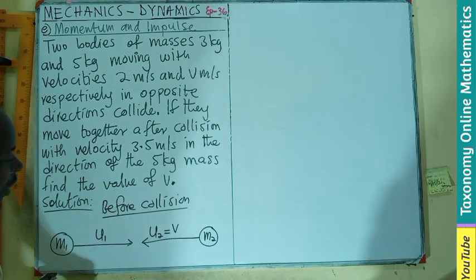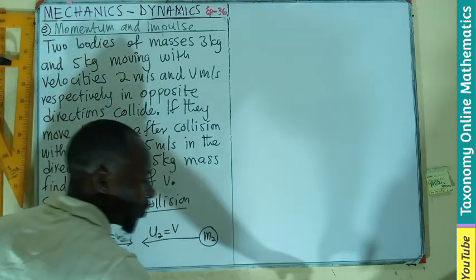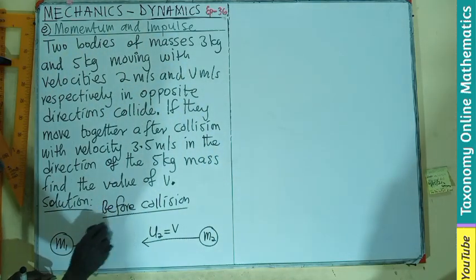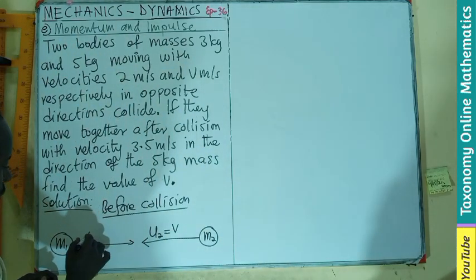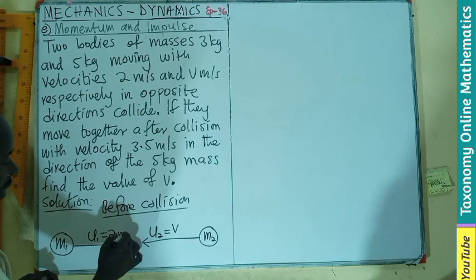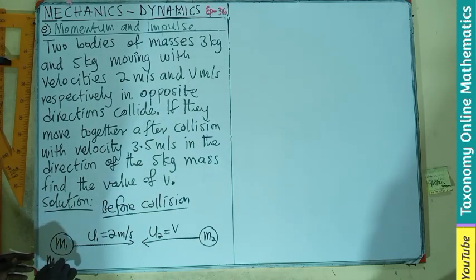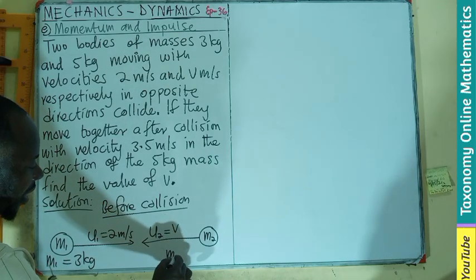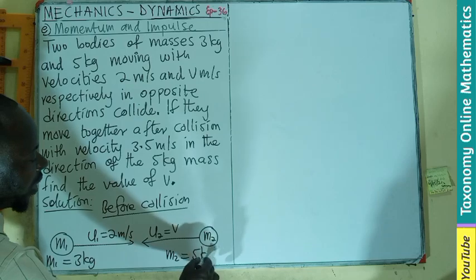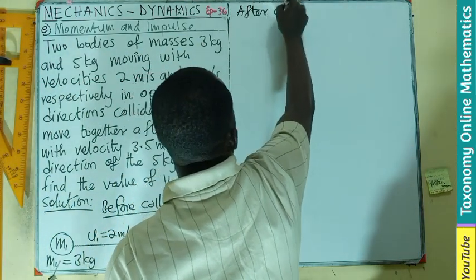This is where we have the V. This is where we have the 2 meter per second. Two meter per second, and the mass here is 3 kg, and the mass here is 5 kg. So let's see after collision,